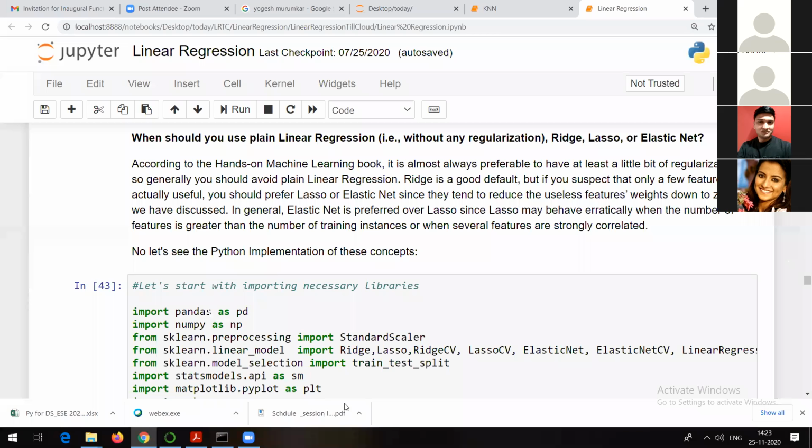See, for implementation, I am using these two tools. I am using Anaconda's Jupyter. This is the first thing I am going to make use of. Whatever you are able to see is Jupyter. And one more thing I am going to make use of is an IDE, and that is nothing but the PyCharm IDE.